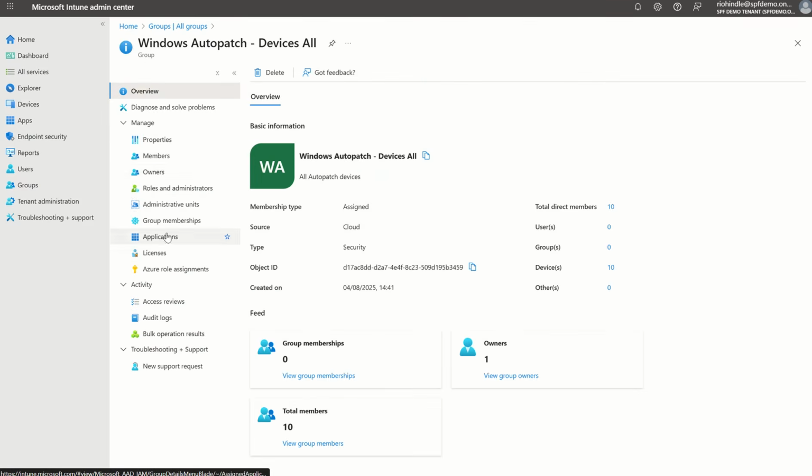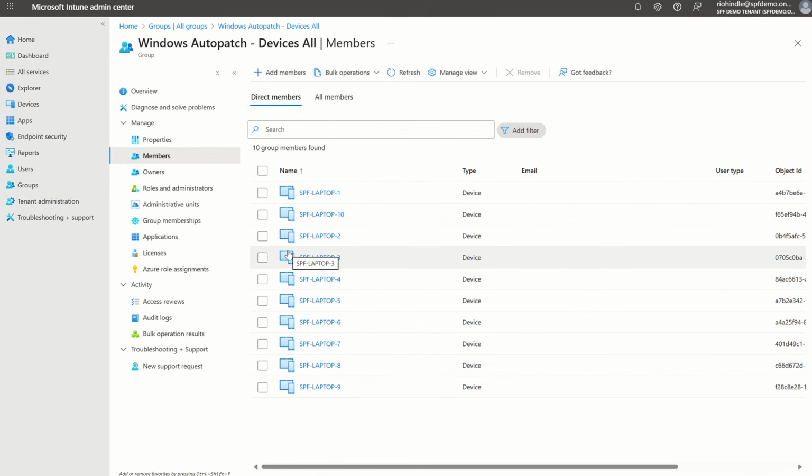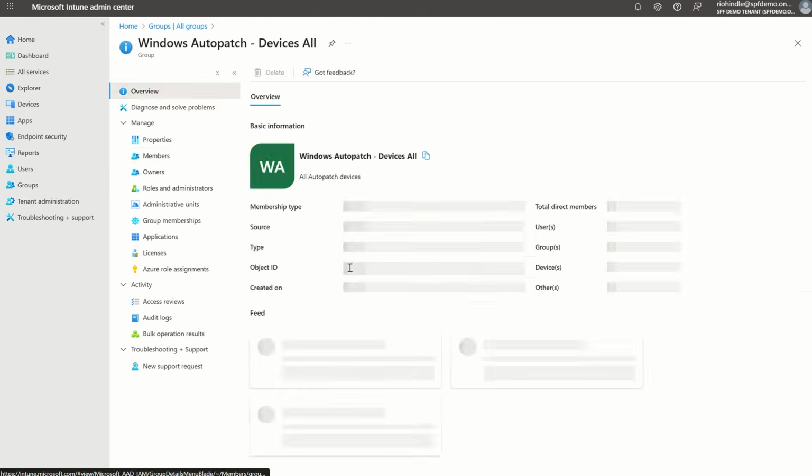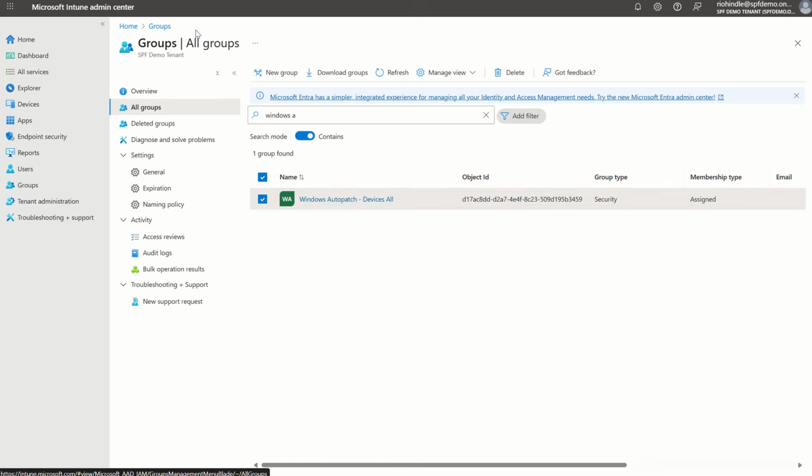In here, it was members, and the members were devices. This group has a dynamic membership rule assigned to it, where it's looking for the hardware hash IDs for the devices I deploy. And actually, this is the Windows Autopatch one, so if we go back one,